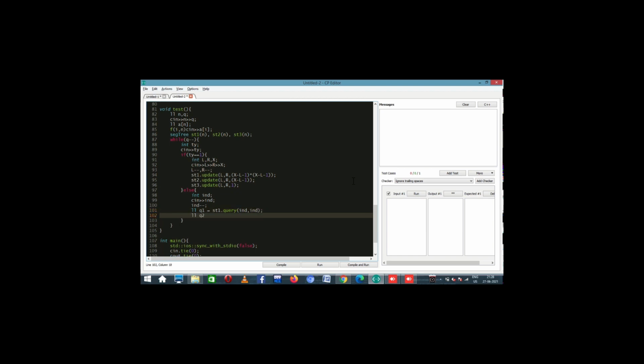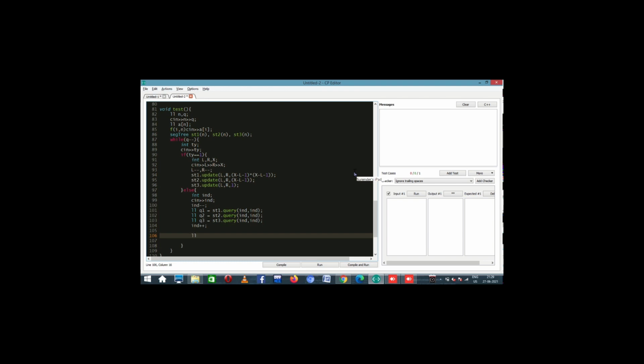Similarly for the second part, I can say st2 dot query index to index, and similarly for the third part I can do st3 dot query index to index. Because the actual answer should be in terms of 1 based indexing, I'll just add this up again.